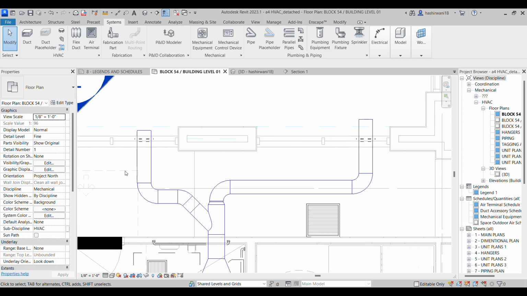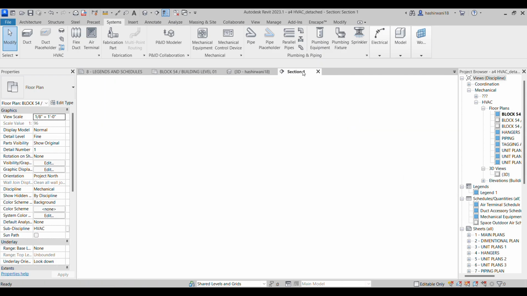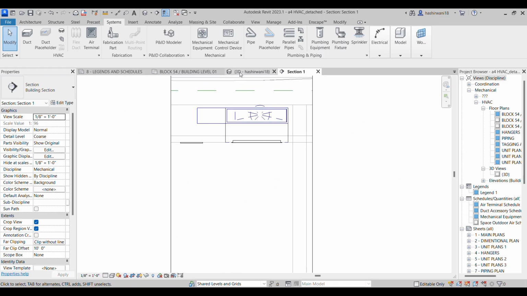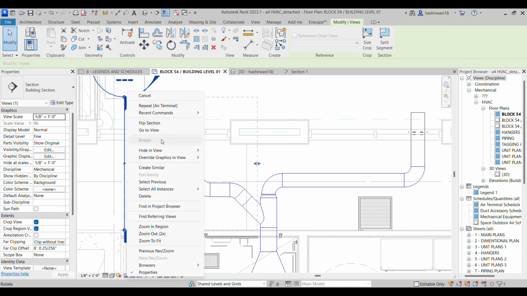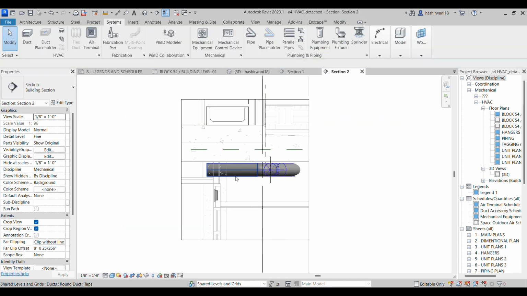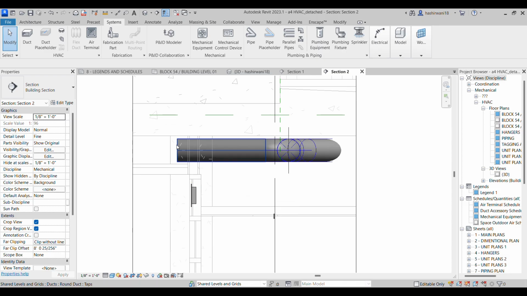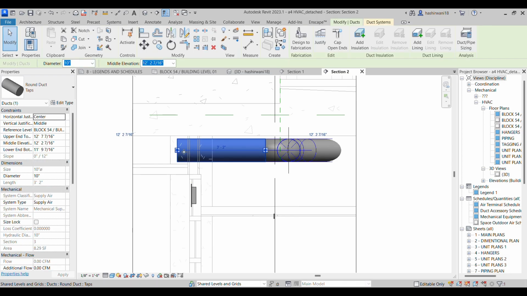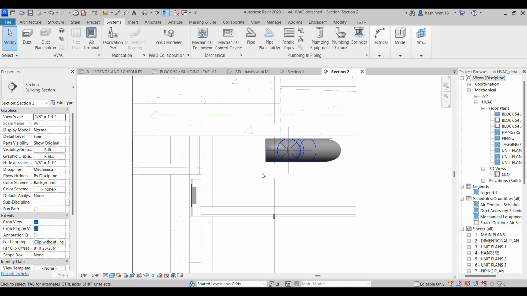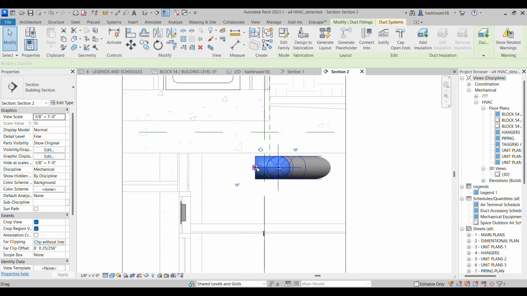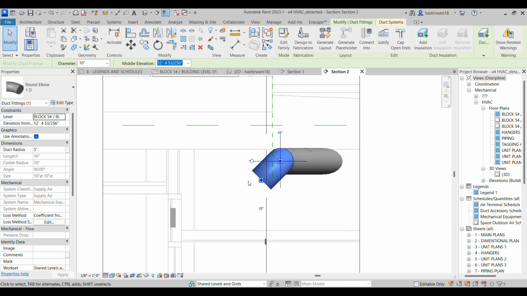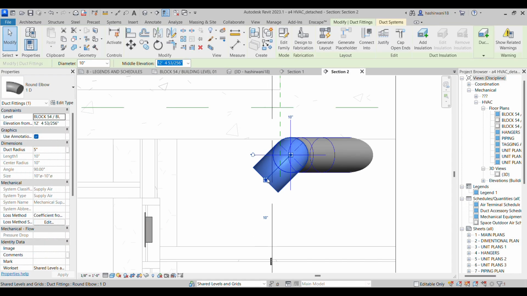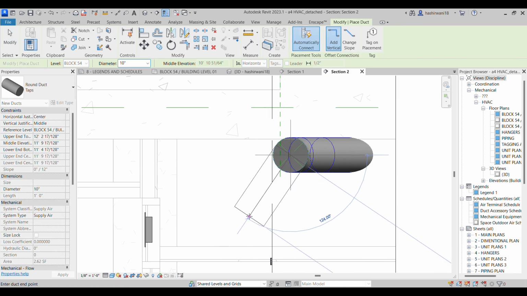It is still, can you see in the side view section 1, maybe other section, where is the other section? I'll go to this particular section, go to view. Can you see, guys, the grill is here but my duct is here. So what I can do is I can simply delete this particular duct, and then I'll select this elbow. Here is an elbow, select this elbow, go to rotate button and rotate it 45 degree to the down. Right now it has been rotated. Simply escape it, press it, and then go to draw duct,